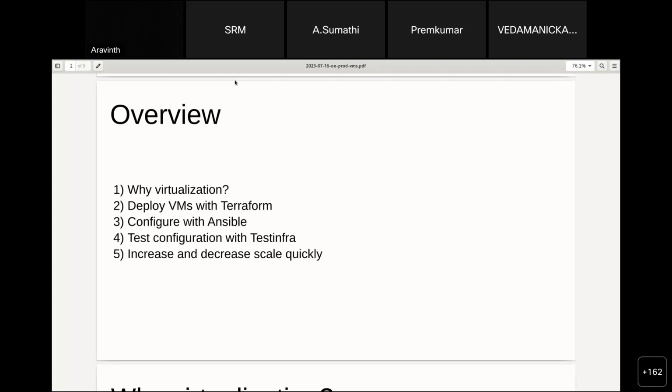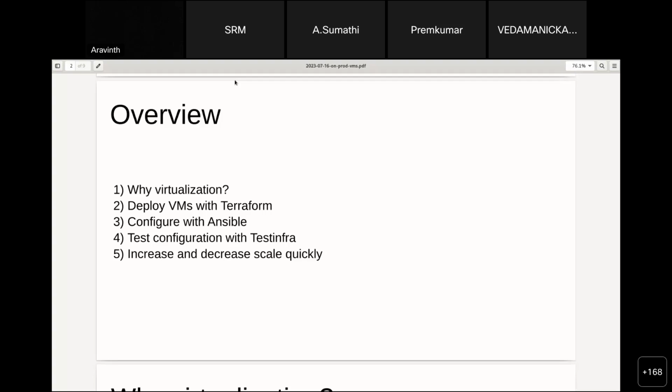So we'll be using production grade tools to manage our VMs. To deploy or provision resources, we'll be using a tool called Terraform. There are alternatives, but for this session, we'll be looking at Terraform. And then we'll be using another tool called Ansible to configure the VM. So configurations like downloading and installing an application, giving it the proper permissions, configuring the firewall and such.